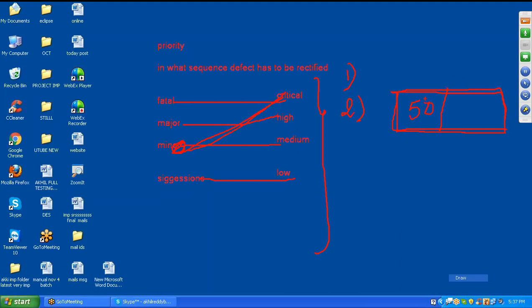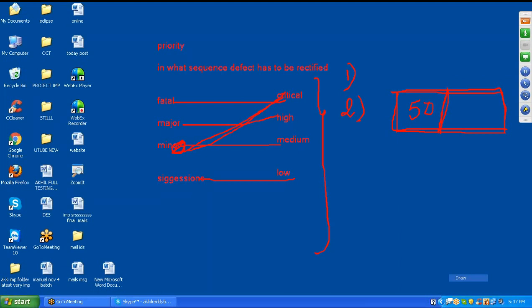Already we tested that area, 50% of the application. Delivery date is tomorrow. They developed only 50%, and that 50% application is tested. Now delivery date is tomorrow. This is what type of defect?